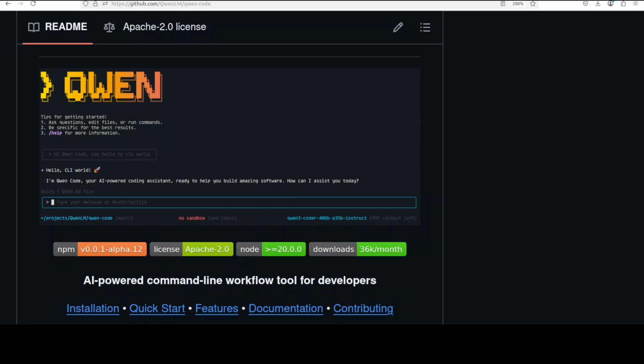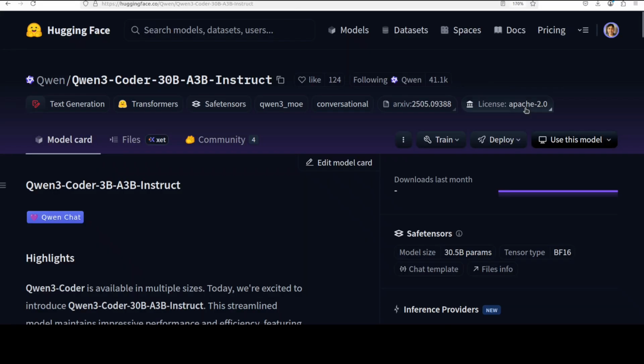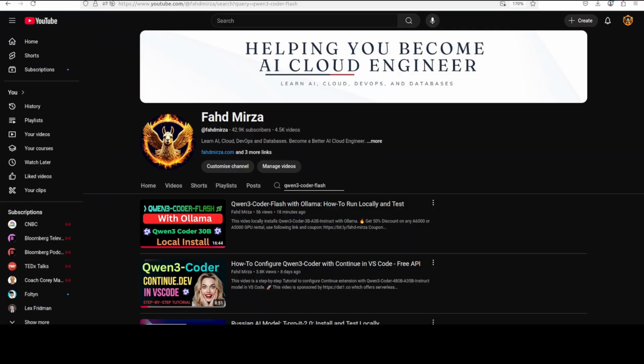The great epic AI battle is going on and is in full swing. Not only is it about models, but also about the tools like Qwen or Gemini CLI, Codex, and the list goes on and on and on. Just a few hours ago, Alibaba released yet another Qwen3 model, which is Qwen3-Coder-Flash, and we covered it in detail in